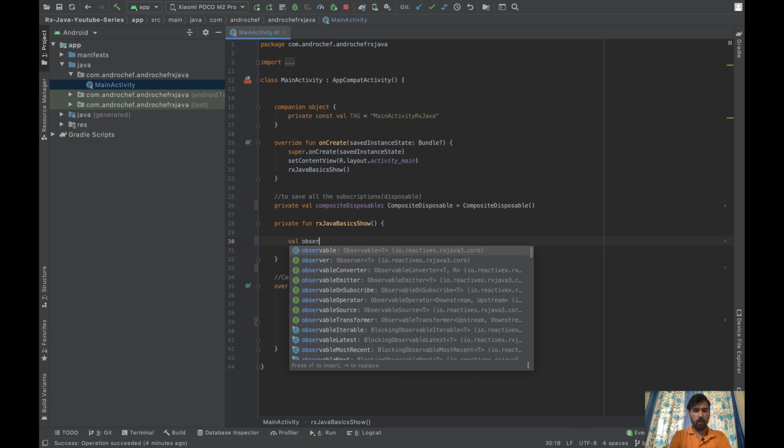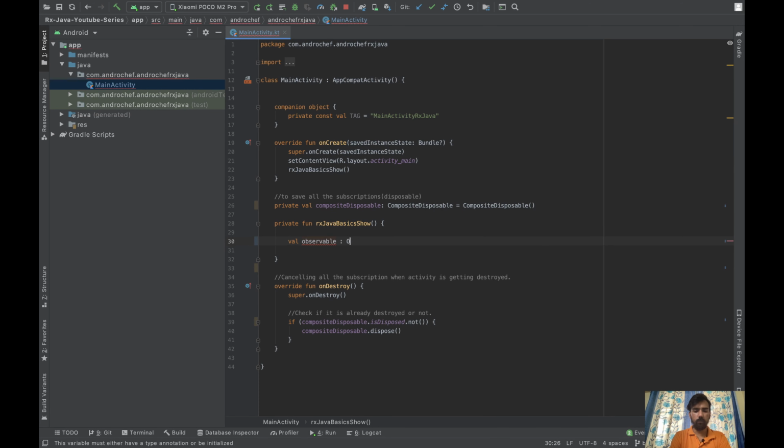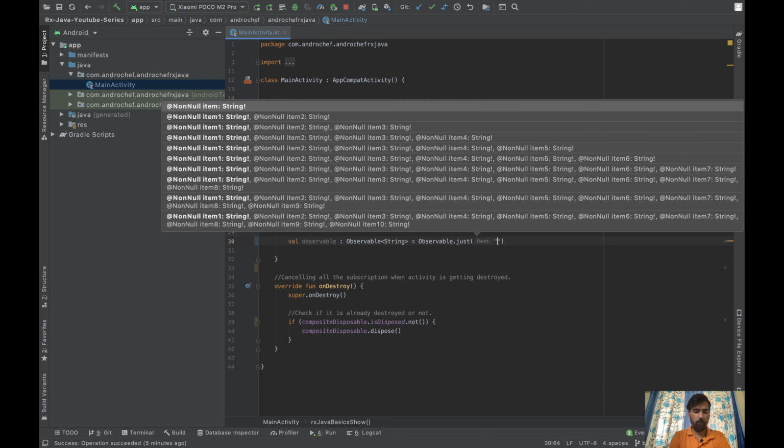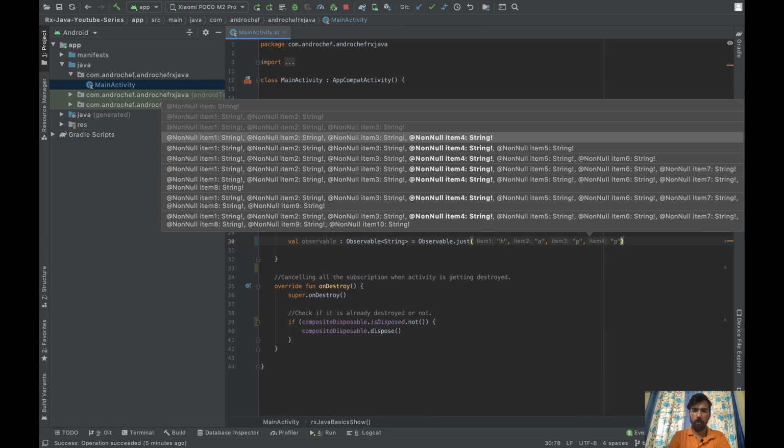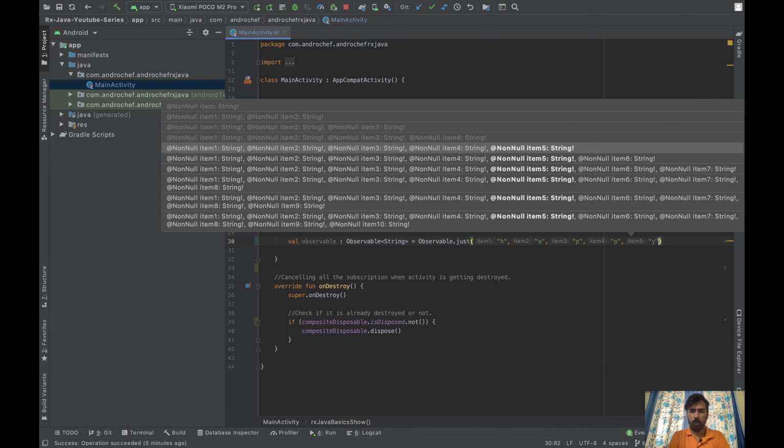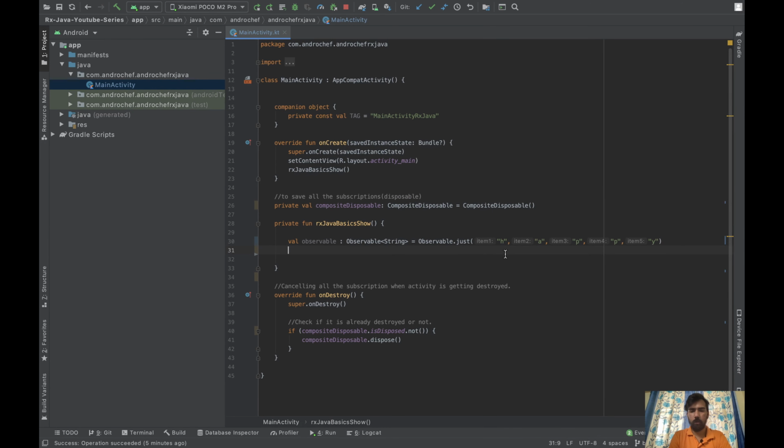Let's convert our observable of type string, and let's take my name as the data stream: H A P P Y. What we will be doing is converting these values into uppercase, and it will give all successive values. For example, first it will give H, then in the second iteration it will be HA, in the third it will be HAP, and so forth.